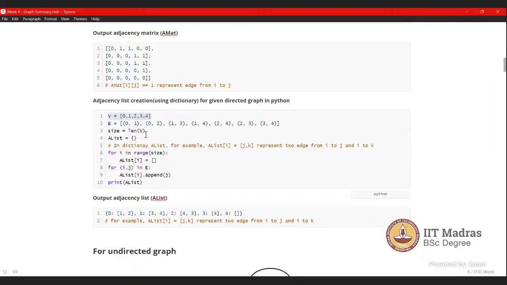So size equal to len of p. Yeah. So we are initializing an empty list, and we will initialize for i in range size. So for every vertex we initialize an empty list inside the dictionary. After that, we just traverse the list i comma j in E and assign the